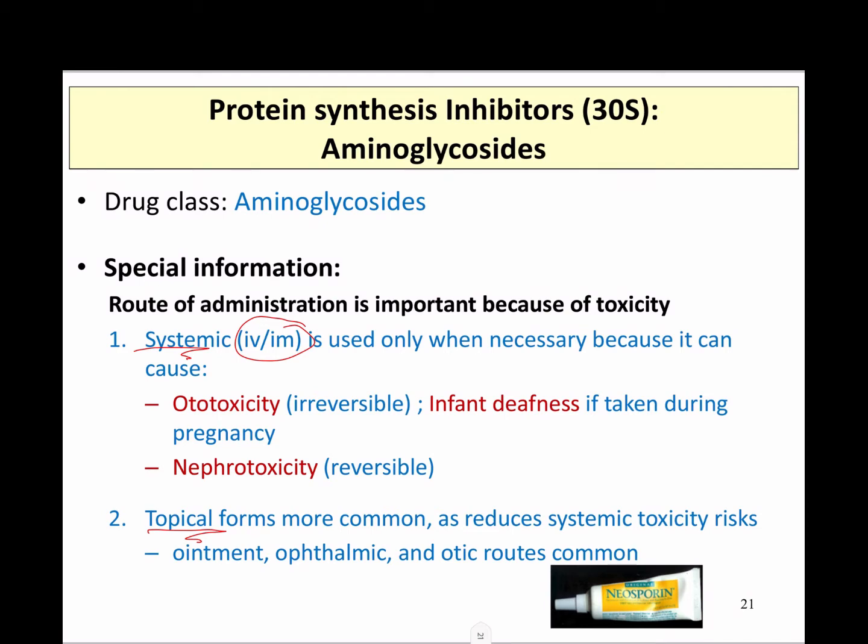But when we use a lot of topical agents, what we are looking for is for it to act at high concentrations right where we put it and have little absorption so we don't get any systemic activity. The problem with aminoglycosides is that they are toxic in the ear and they're toxic in the kidney. So adults who take aminoglycosides can have some hearing loss that's irreversible, and they can have kidney damage that luckily